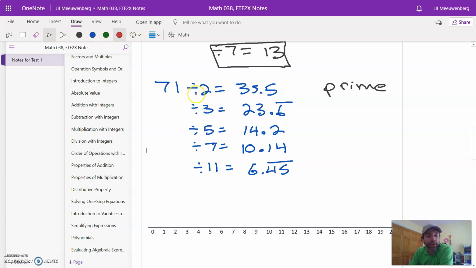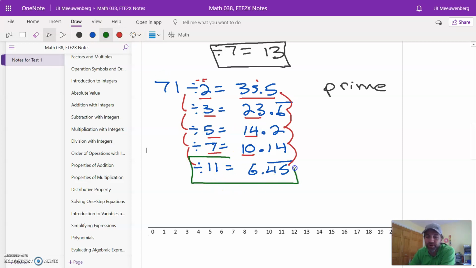Here's how. Look at what you're dividing by. Small number, 2. Your answer is a pretty big number, 35.5. As these numbers get progressively bigger, 2, 3, 5, 7, 11, what's happening to these numbers? They're getting progressively smaller, right? These two numbers are starting to actually get closer to each other. 2, 35, 3, 23, 5, 14. They're getting really close. 7, 10. Once you get to this spot where they switch, where your answer gets smaller than what you were dividing by,